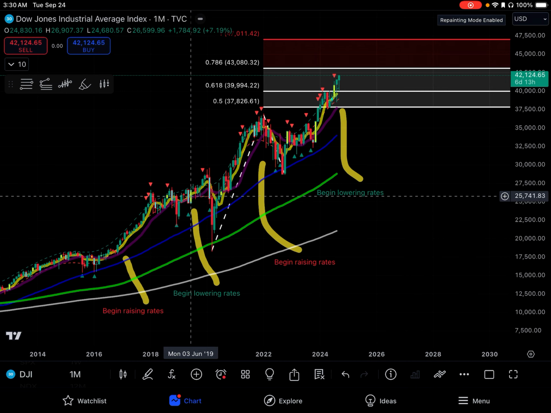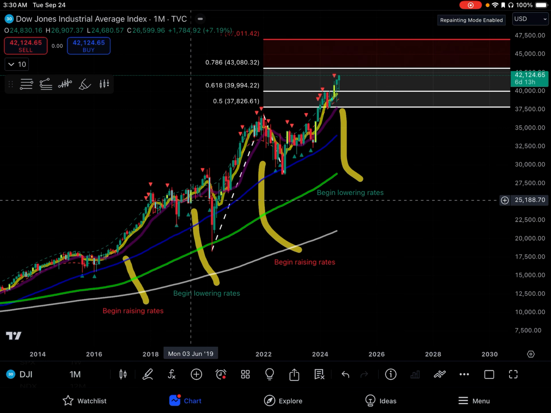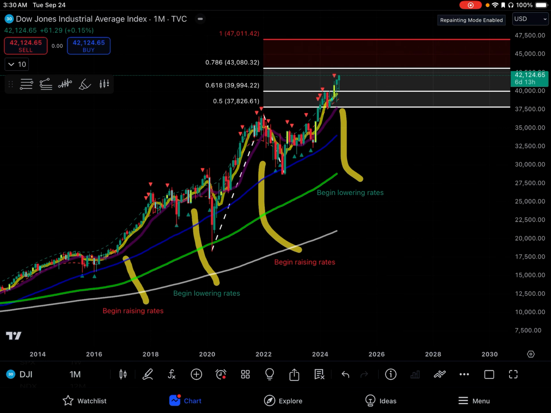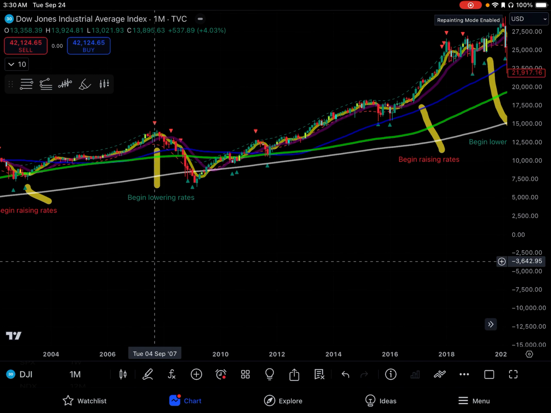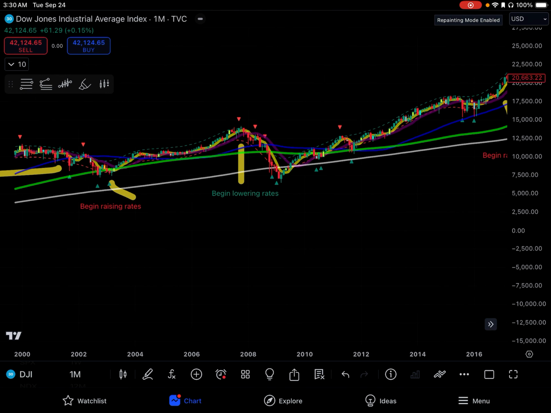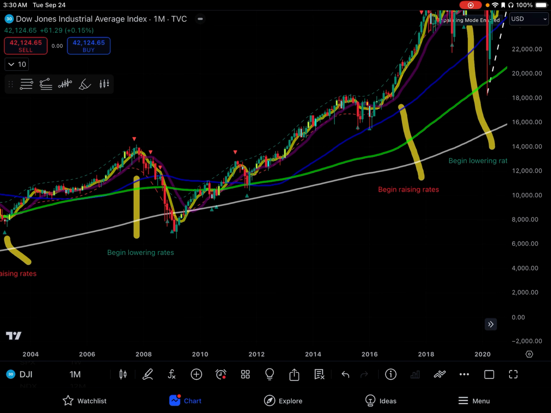So back in September of 2019, we saw the Fed lower rates. And they began lowering rates just before we started seeing the decline in 07. So what is interesting about this is in both times there were some economic problems,